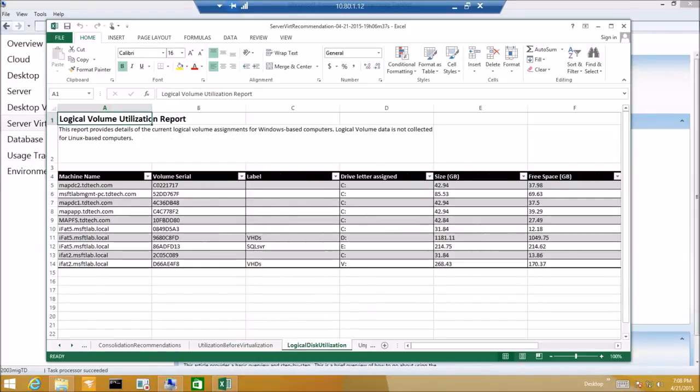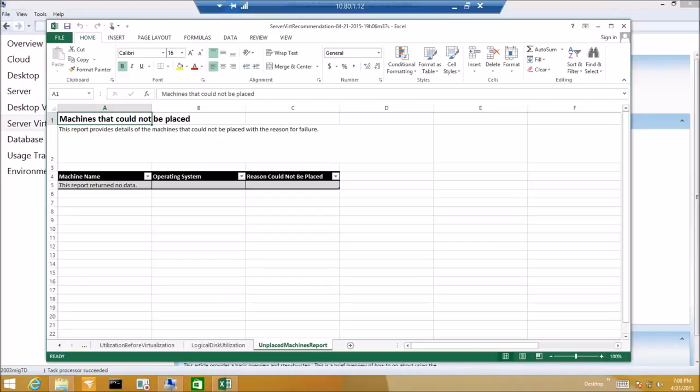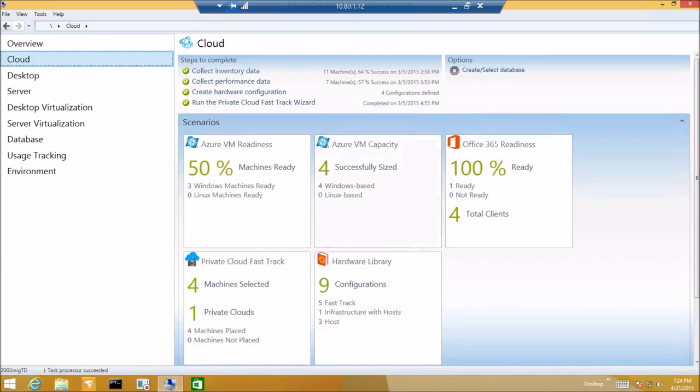Logical disk, again, gets very granular here. It gets down into disk utilization, the things that we need. Unplaced machines. In this case, there were no unplaced machines. So if you had a couple servers that weren't good candidates for virtualization, they would have shown up on this tab. So let's go ahead and close out of that,